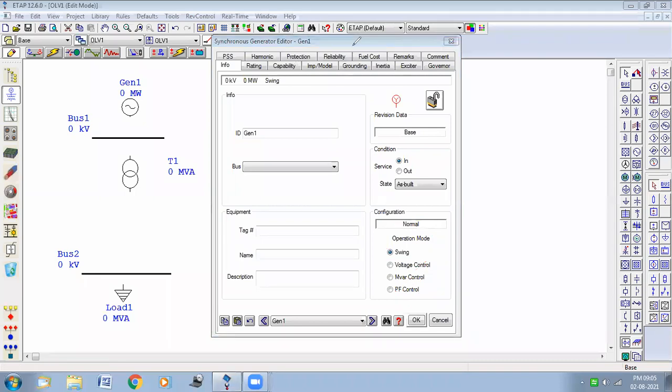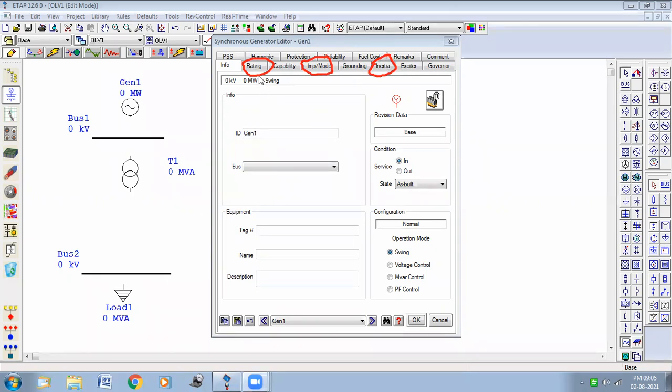Next, go to the rating tab. These are some basic ratings. First we need this rating tab, then we need the impedance and model tab, then the inertia tab. So these are the basic parameters for this generator.